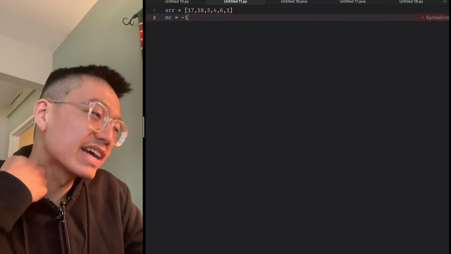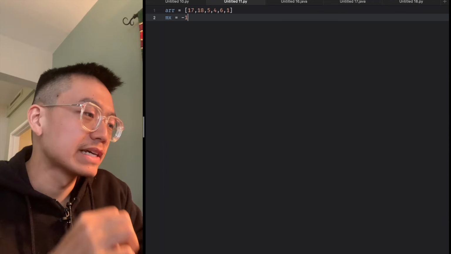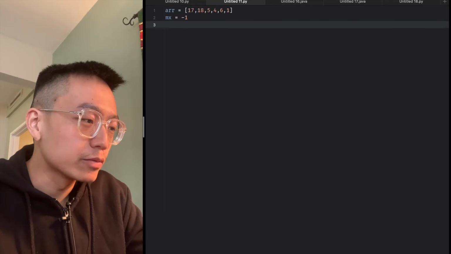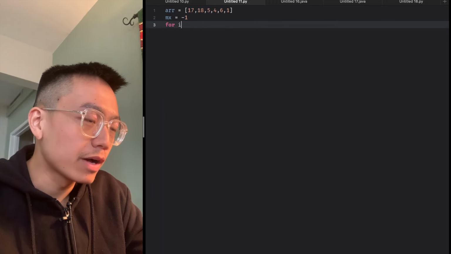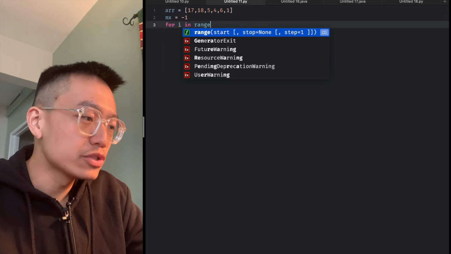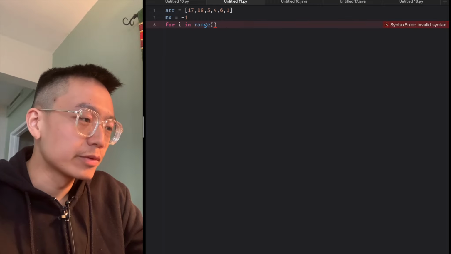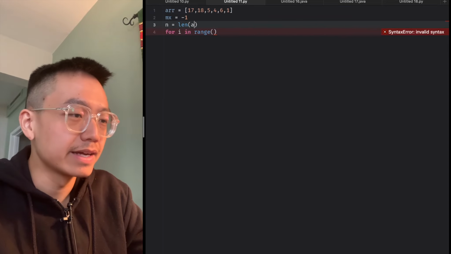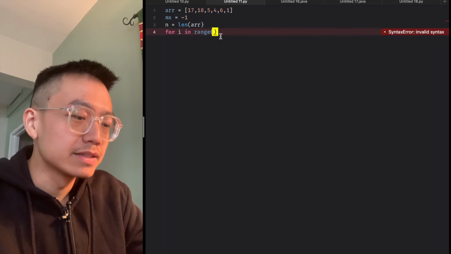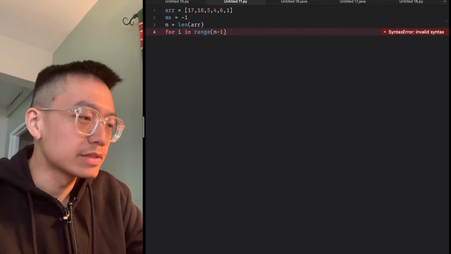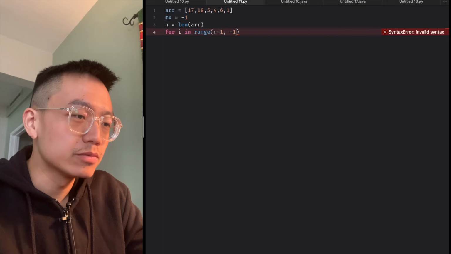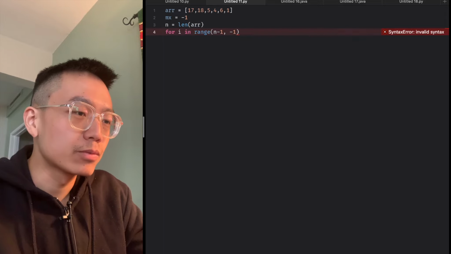We need to initialize it to represent the max number on the right side, and we can use a for loop, for i in range. This time we need to set a length. n is the length of L, and n-1 represents the last number's index, and to 0, stopping before -1,